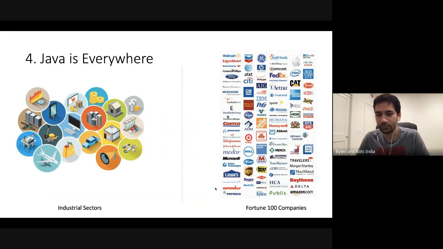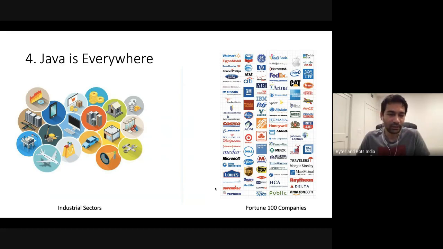And I just couldn't fit 500 Fortune 500 companies in one slide, so I cut the list down. But Fortune 500 companies, they all use Java, and almost every company uses Java. This Google Hangout, somewhere, all this video, voice, chat, everything is going through some kind of Java code base.